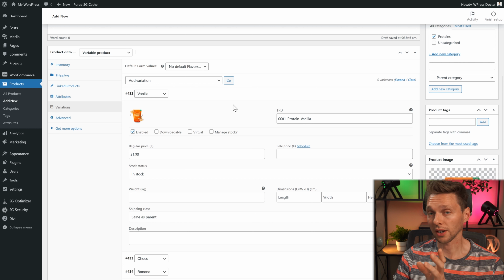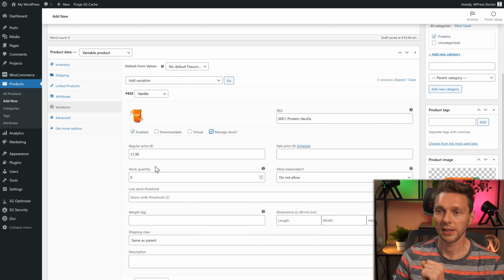If you do have stock on your variations, which I think you have, you press manage stock, and then you can add your stock quantity. I would say I have 200 of these vanillas in stock, and when I have less than 5, I would get an email which says there is low stock. And you have to say if you want to allow backorders, allow and notify customers, allow, or do not allow.